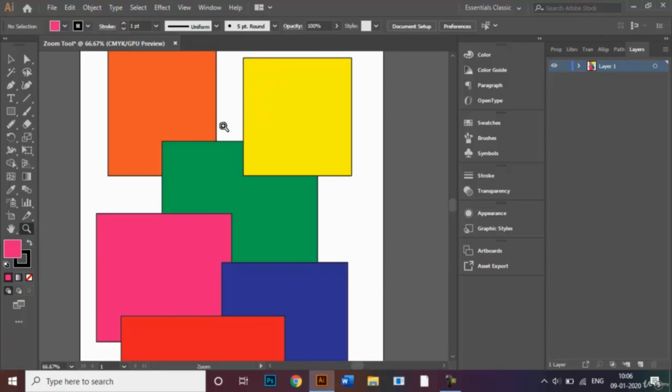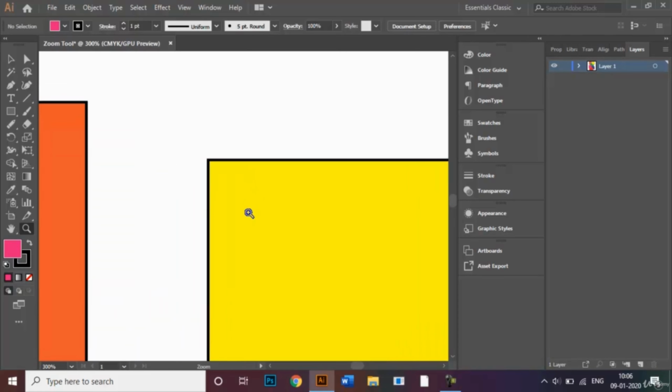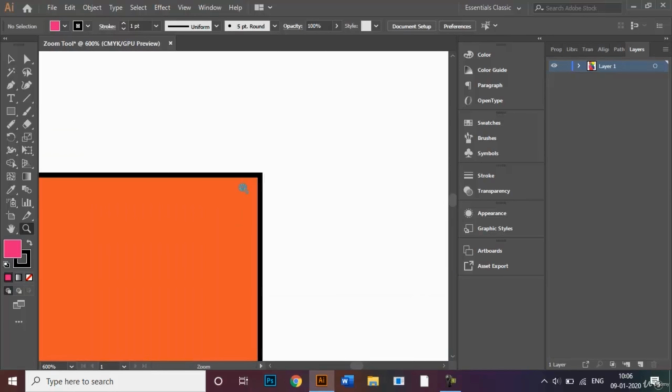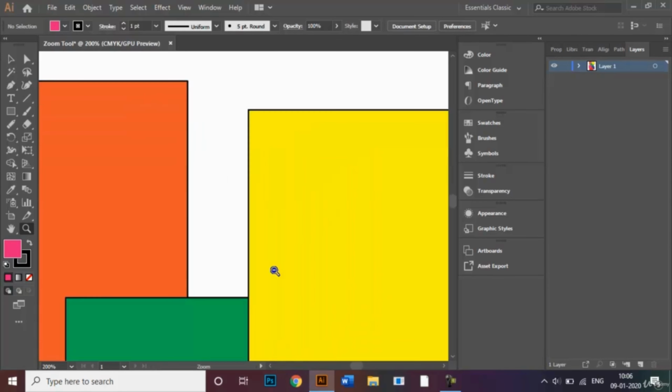Now I want to see the corner portion of my yellow square. So I'll just move my mouse over here and click on it so that I can get a much clearer view of my corner shape like that. Similarly, if I want to see the corner shape of my orange rectangle, I can easily just click on it till I can see this a lot better. Right? Now if I press the Alt button, it changes to minus